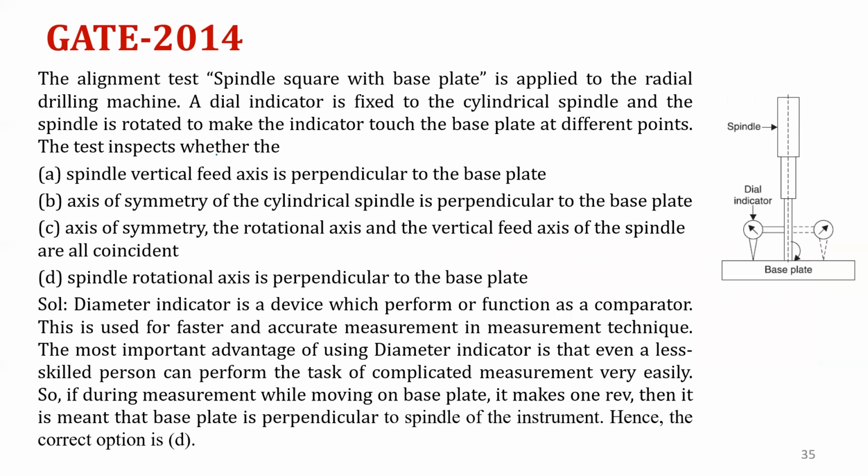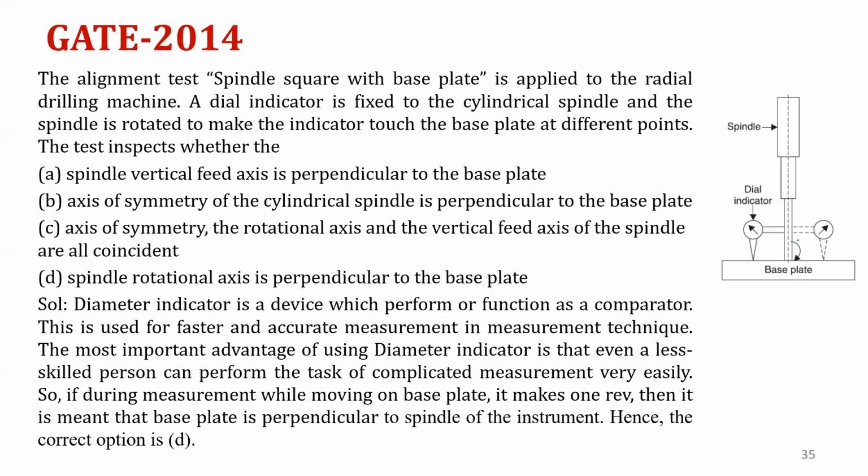The alignment test, spindle square with the base plate, is applied to the radial drilling machine. A radial indicator is fixed to the cylindrical spindle and the spindle is rotated to make the indicator touch the base plate at different points. The test inspects whether they